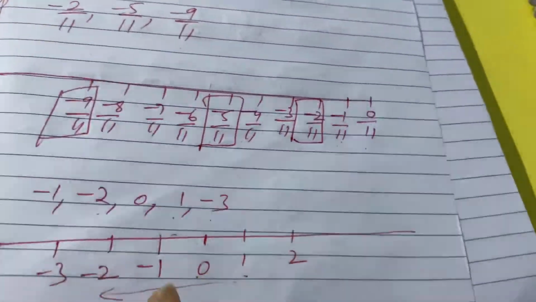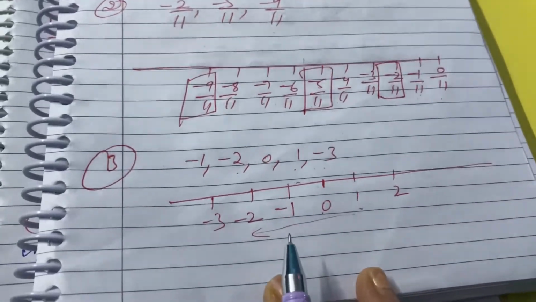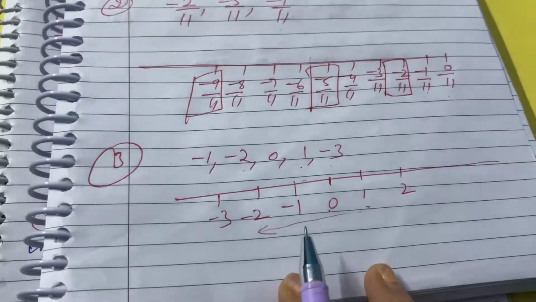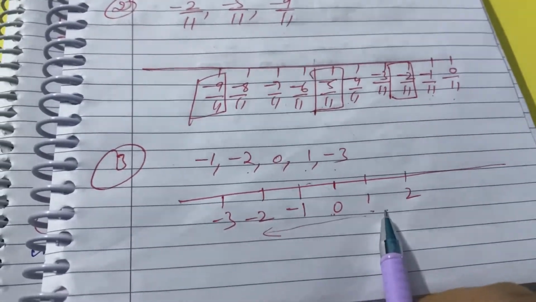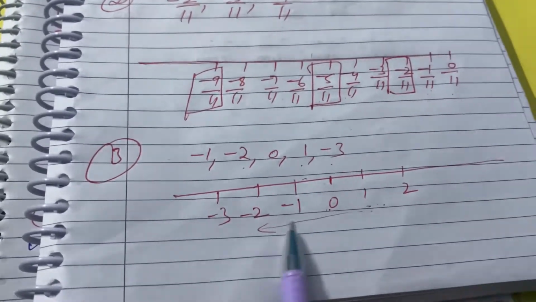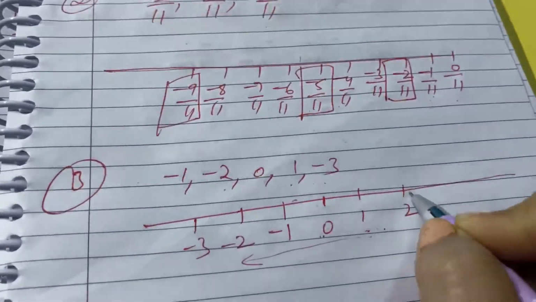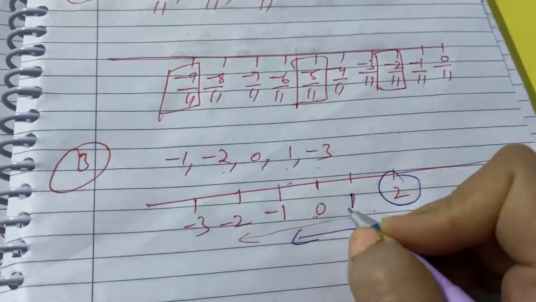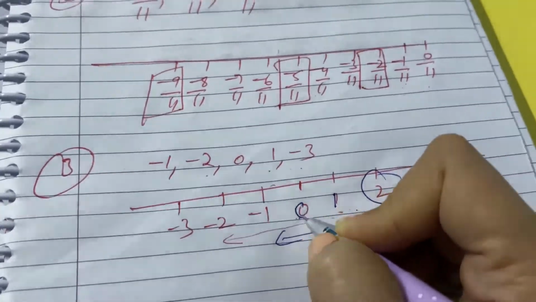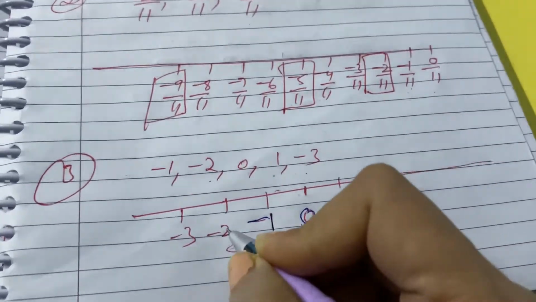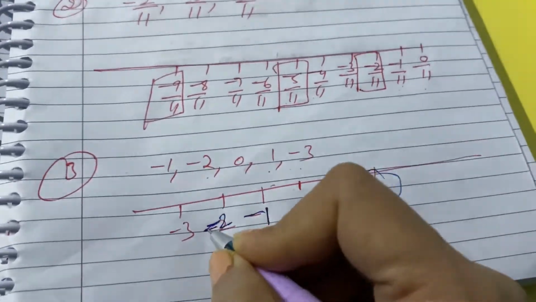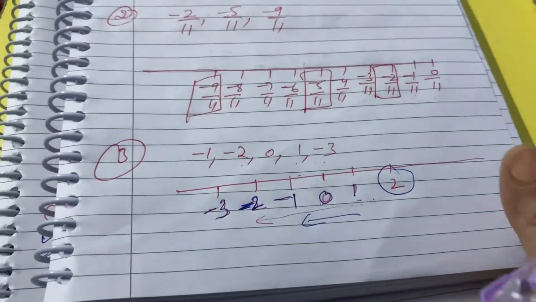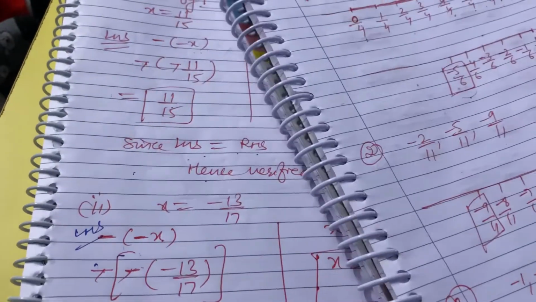Now guys, we have to find the 5 rational numbers. Third question is we have to find the 5 rational numbers that are lesser than 2. So for finding the 5 rational numbers lesser than 2, you have to plot them on the number line. So counting from 2, moving to the left side, we get these numbers as smaller than 2: 1, 0, minus 1, minus 2, and minus 3. So these numbers are smaller than 2. Next question, not wasting the time.